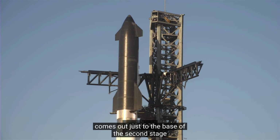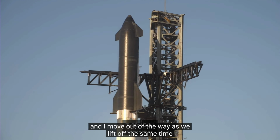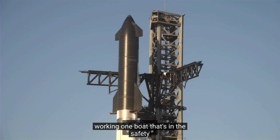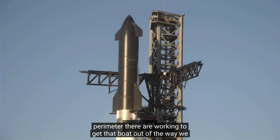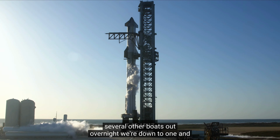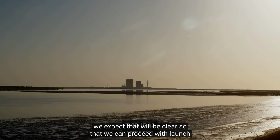Now it'll move out of the way as we lift off. At the same time, the SpaceX team continues to check in with the Coast Guard. We're working one boat that's in the safety perimeter. They are working to get that boat out of the way. We cleared several other boats out overnight. We're down to one, and we expect that'll be clear so that we can proceed with launch out over the